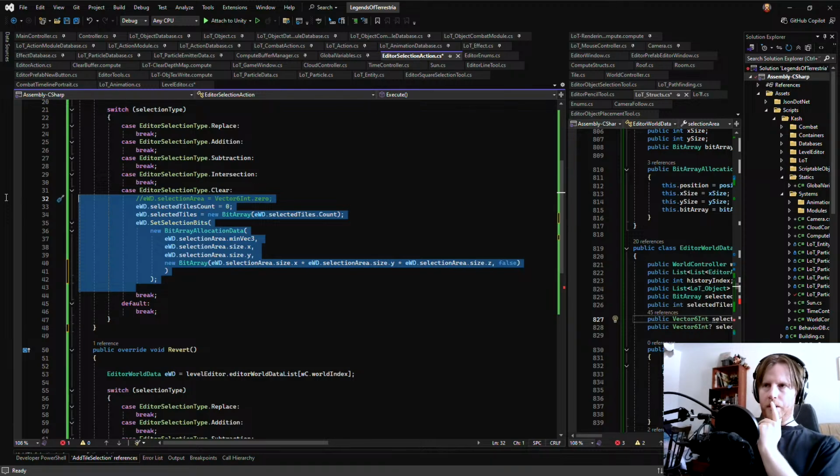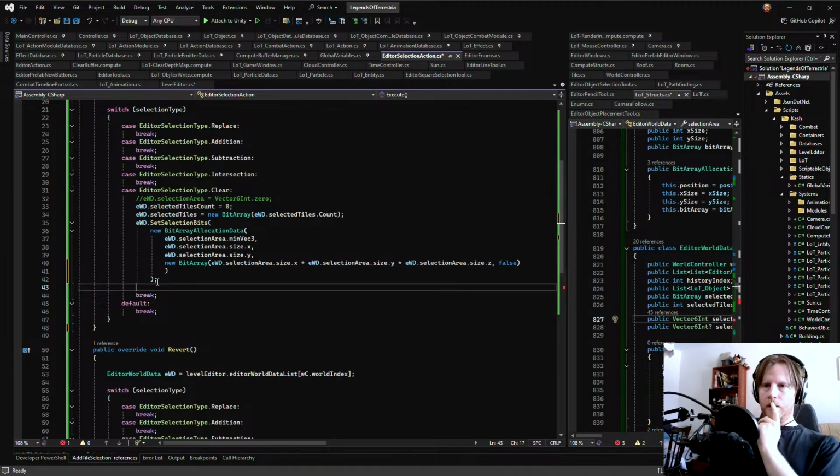But because it's just a linear undo and redo system, it's never going to need to do a full clear, because if we cleared a certain amount of bits, we only need to store those, really.